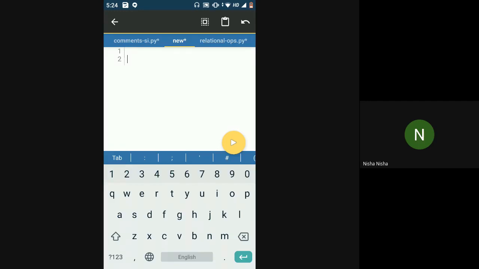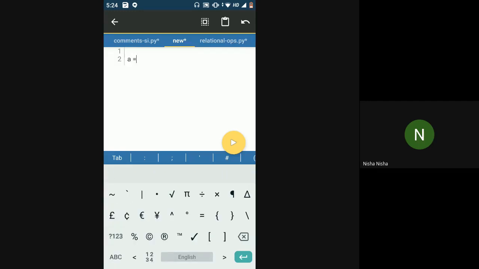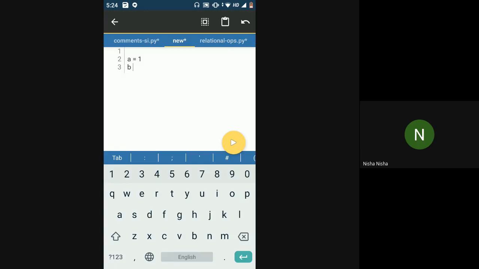Okay. Now see, if I have a as a variable, a is equal to 1, and then I have b as a variable, b is equal to 2, and if I want to add them, can anyone tell me how will you add these two variables? You basically have to add a plus b and put it into some another variable. So can anyone tell me what is the next line that I have to write? Add is equal to a plus b. Okay, you can put add or you can put c, anything you want.